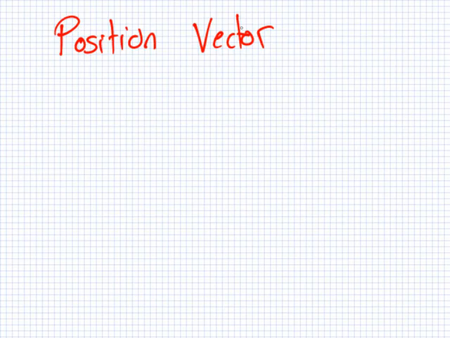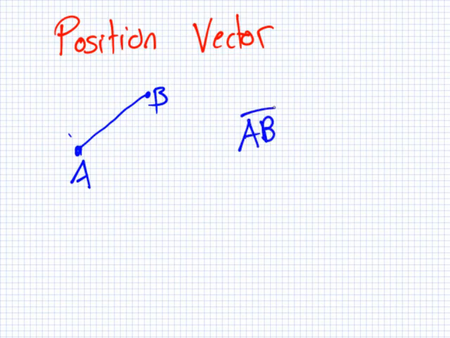Yeah. Right, so position vector. In the previous lesson when we did Euclidean vectors, you need to have 2 points. If you have 2 points, we can make a vector. This is the vector AB. Now, a position vector is kind of a similar idea, except with a position vector, we always